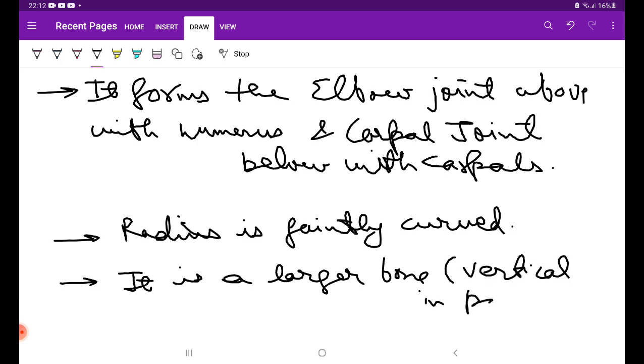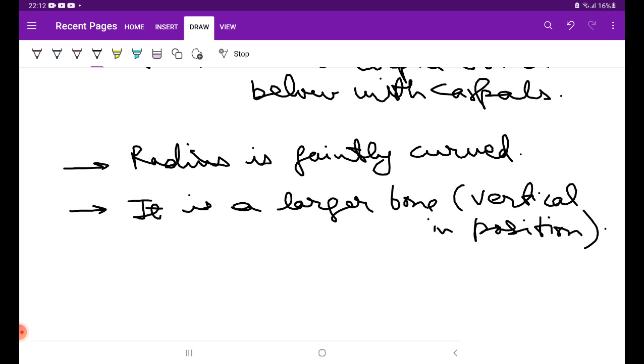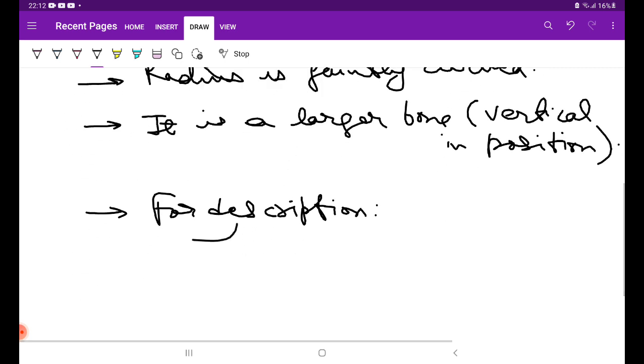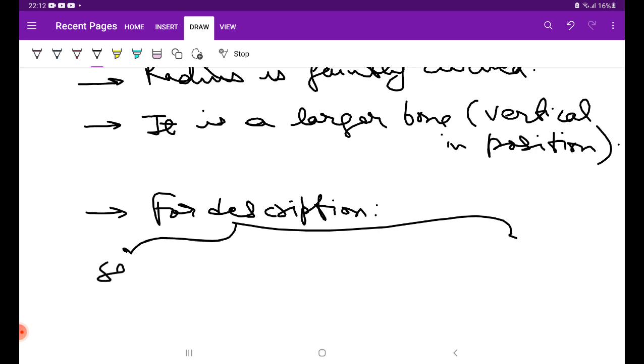Vertical in position. So now let's talk about the description. For description, radius can be divided into two parts: shaft and two extremities